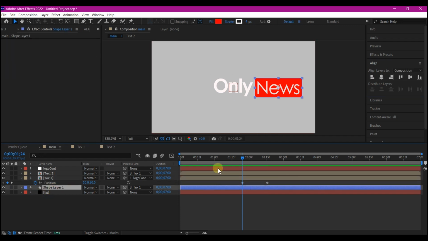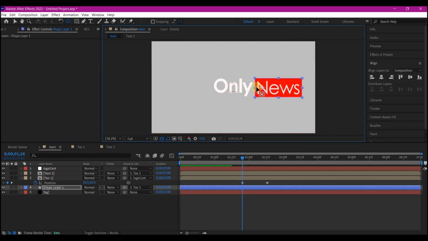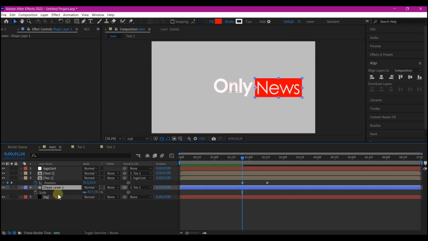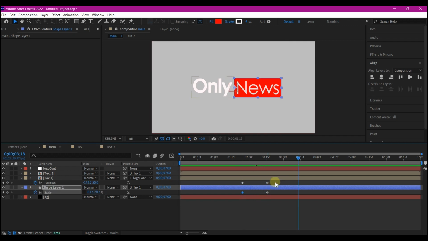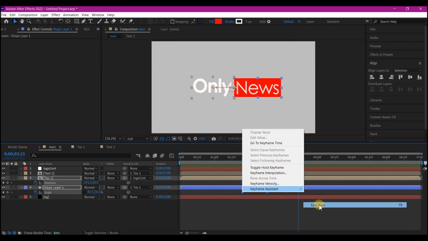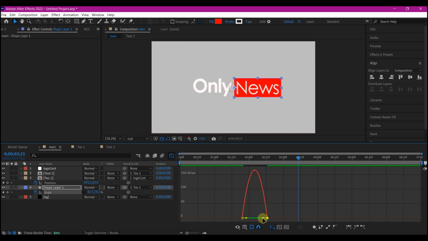Select the shape layer. Hit Y on your keyboard to activate the anchor tool. So I'm going to move the anchor point to the left, then hit S on my keyboard to reveal the scale property. I'm gonna go to the last keyframe for the position for the text, change the scale for X to 0, select both keyframes, right click on them to easy ease, then go into your speed graph to edit the speed